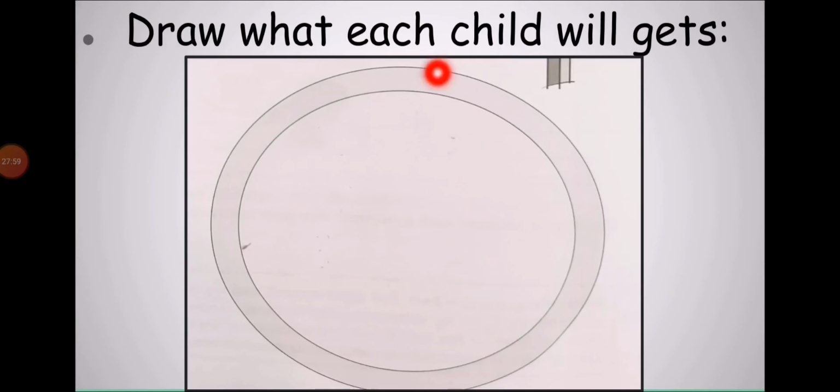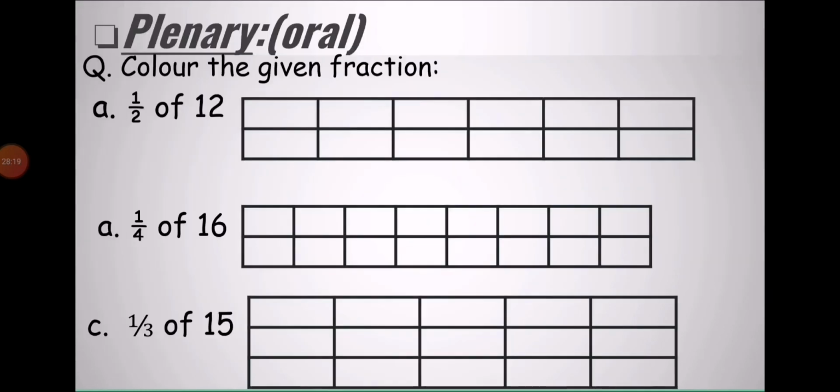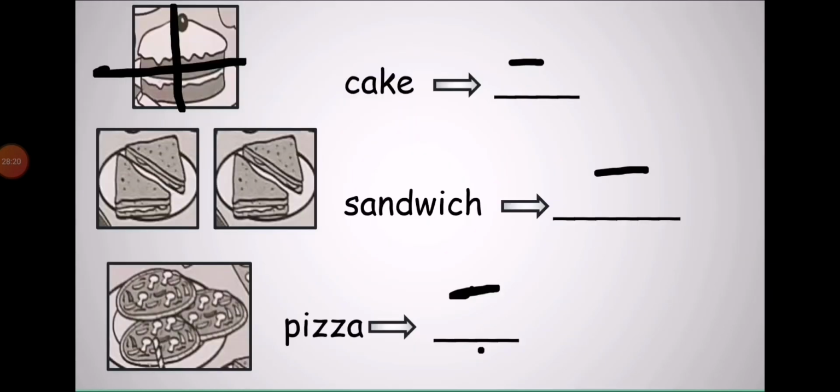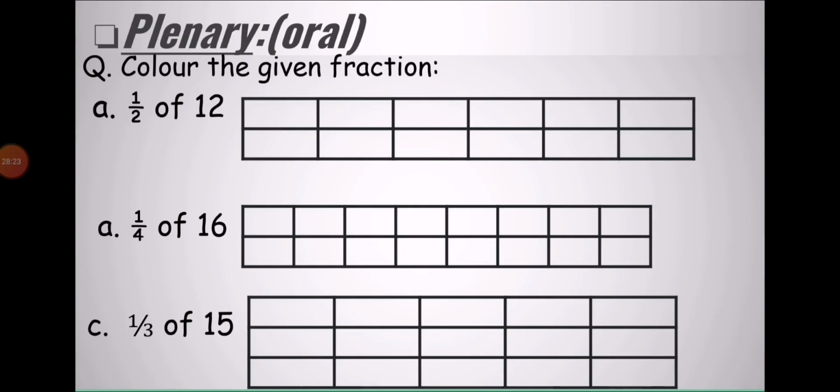Only draw the 1 plate, complete the 1 plate, how much 1 child has got. Not each one. No, do not draw the total one. Only 1 person's servings you will write here. How much 1 child gets from all this foodstuff. So this is the way you will do your guided assessment. It contains 10 marks. I hope you will enjoy it.